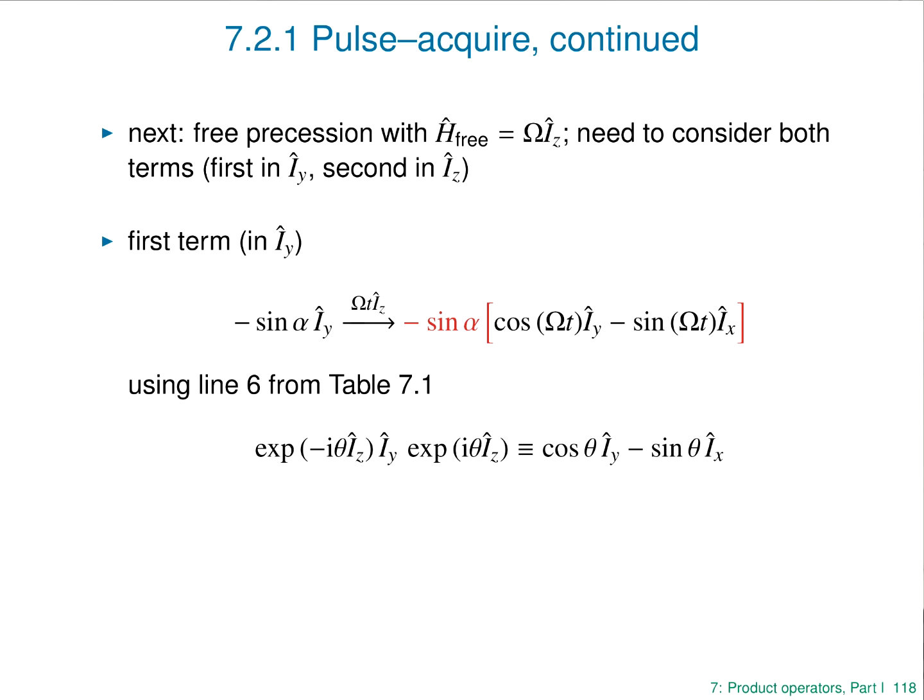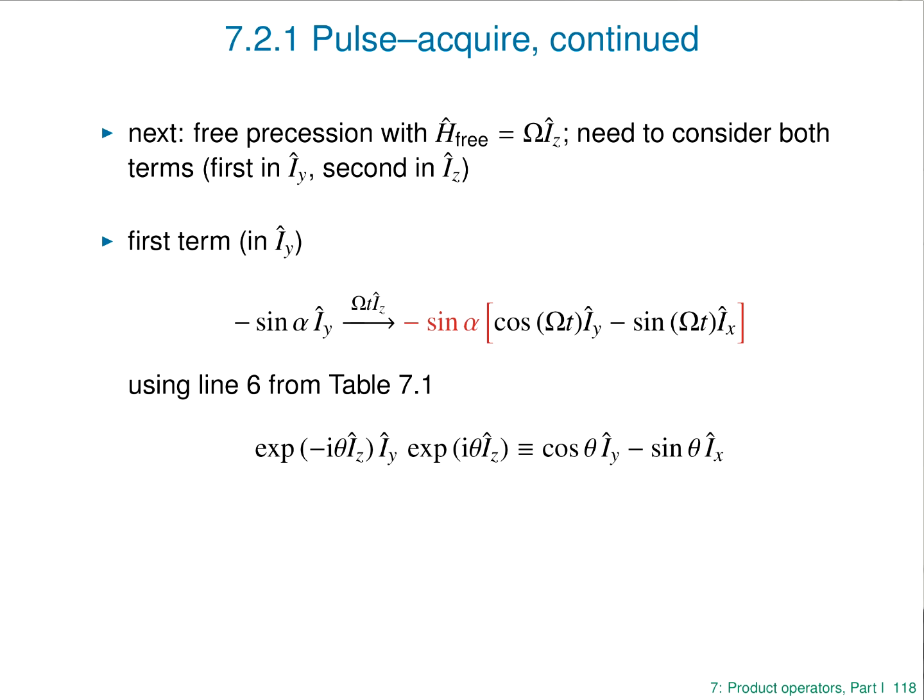And I need to rotate that through the Hamiltonian times time. So that's omega Iz times the time t. Now, I've written out there in red, I've taken out the minus sine alpha as a factor, because this is just a number, and it's not going to affect the result in any particular way. It's just going to carry forward as a factor in the calculation. So ignore the bit in red, just look at the term there in black,